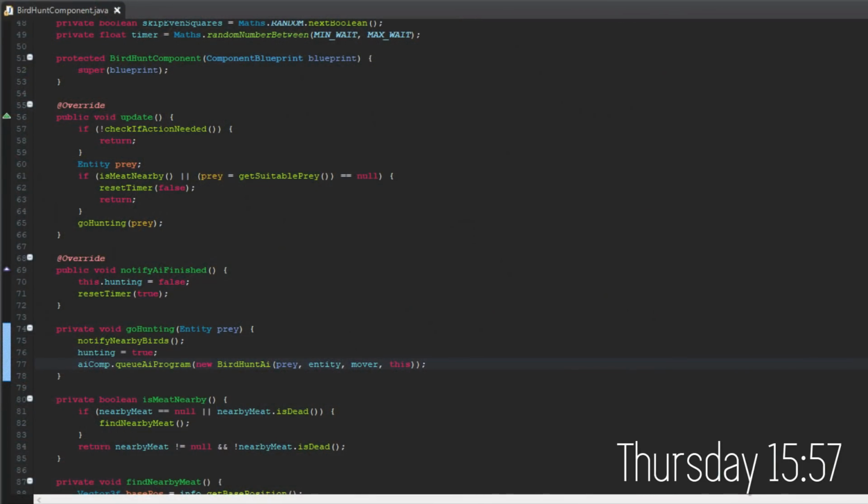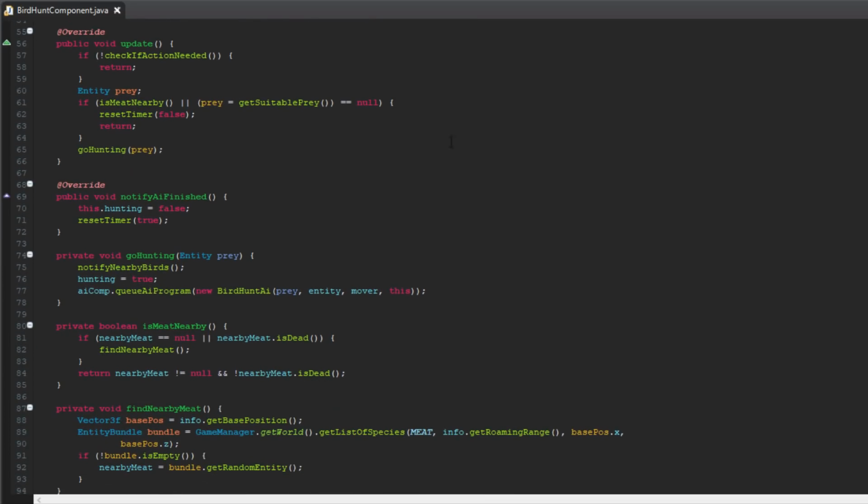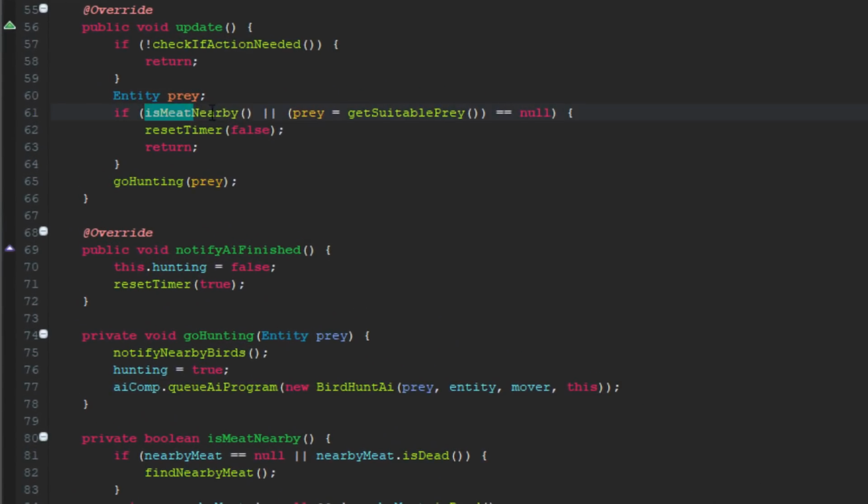This afternoon I've been getting started with the first bit of actual programming that I've had to do, and that is to do with the hunting behaviour, which is what I'm going to be spending most of my time working on in the next day or two. And at the moment it's very simple. It simply checks if it needs to go hunting,